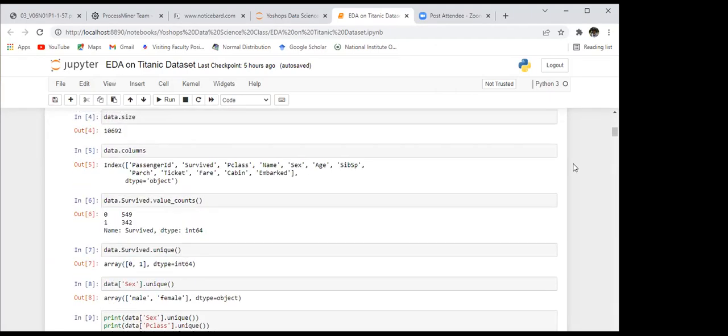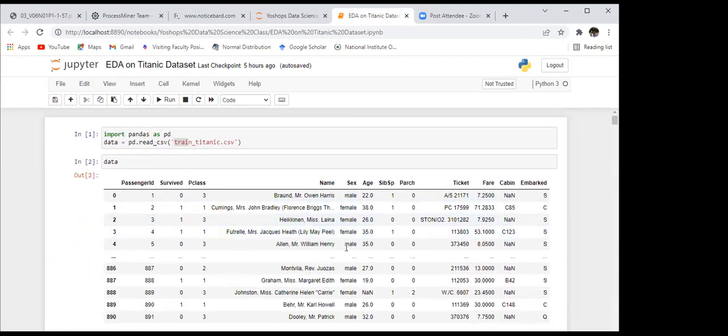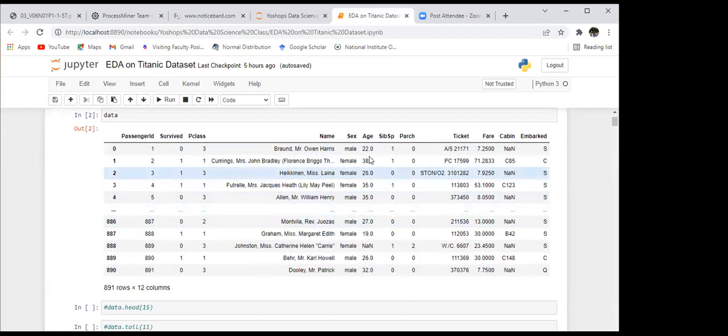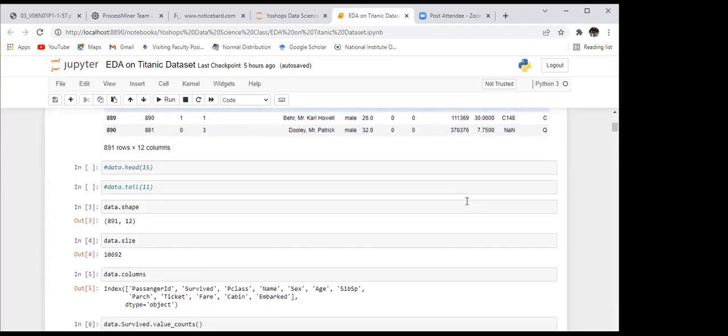So you can on your own create one other column here that will indicate whether the passenger is male, female, or a child. You can keep male, female for adult and a third category for child. That way your data gets refined a bit more. Even if the data is simple, there are many things that you can still do on this data set.